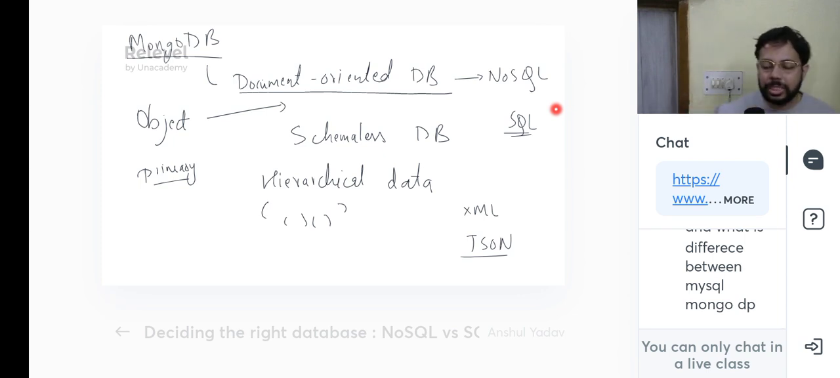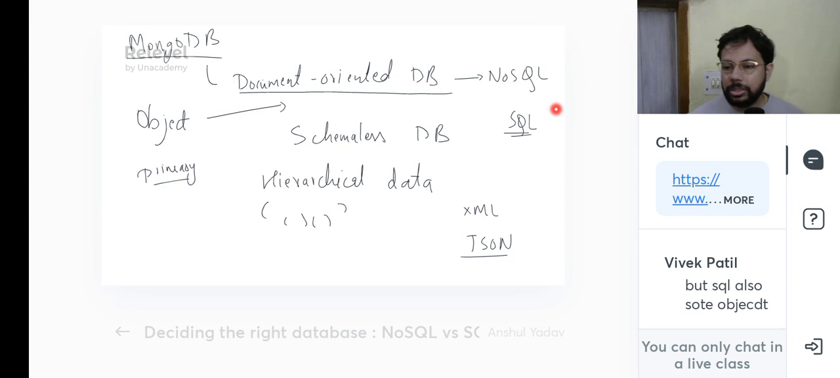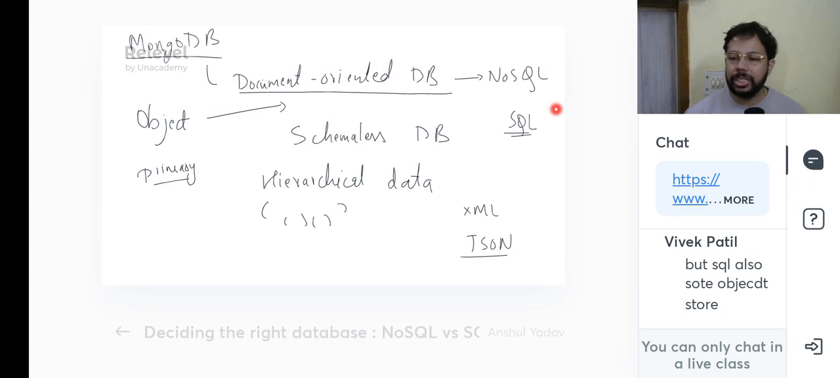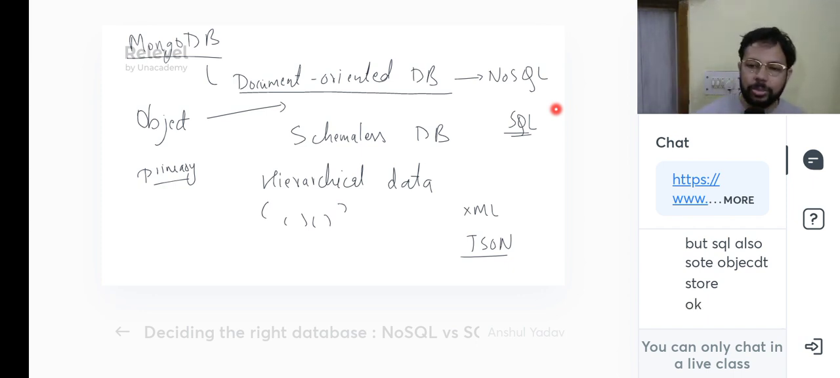It will become clearer, sir, but in SQL also you can save objects, but it cannot scale that much. Okay, it cannot scale horizontally. I mean, you need a lot of development to scale SQL databases, and they are very expensive to scale because they need a lot of manpower. It's not trivial to scale a SQL database. Anyways,